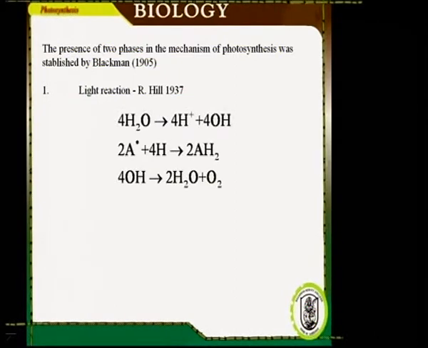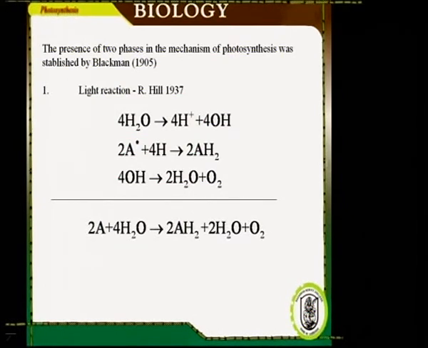Now look at the overall equation of the light reaction. Water splits up into H and OH. A is the Hill oxidant, and 2A plus 4H is reduced to 2AH2, and the 4OH gives you water and oxygen. To sum up the equation, we have 2A plus 4H2O gives 2AH2 plus 2 water and oxygen. Similar experiments were